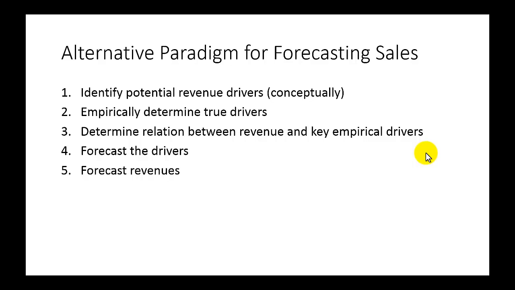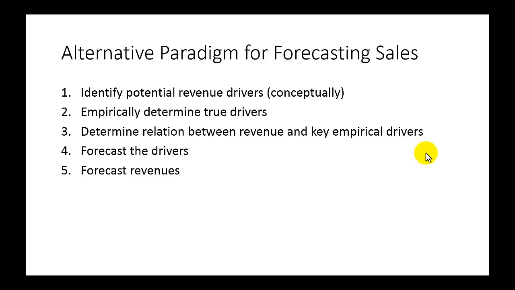And this is a conceptual and intuitive exercise. And so maybe you write down 5 or 7 variables that you think really do have a heavy influence on how much you sell your product. The next thing you would do is actually go and get data and test your intuition and see empirically which of those drivers are the true fundamental variables that really influence your sales. The third step is, once you've identified which ones are the true drivers, you want to empirically define that relation between your revenue drivers and your revenue.